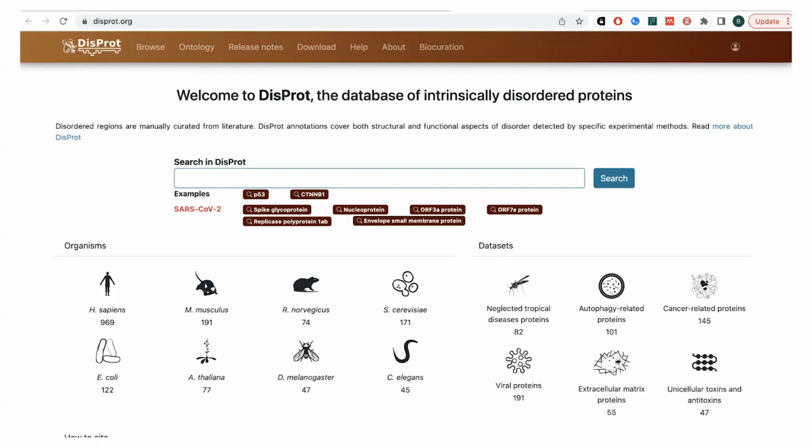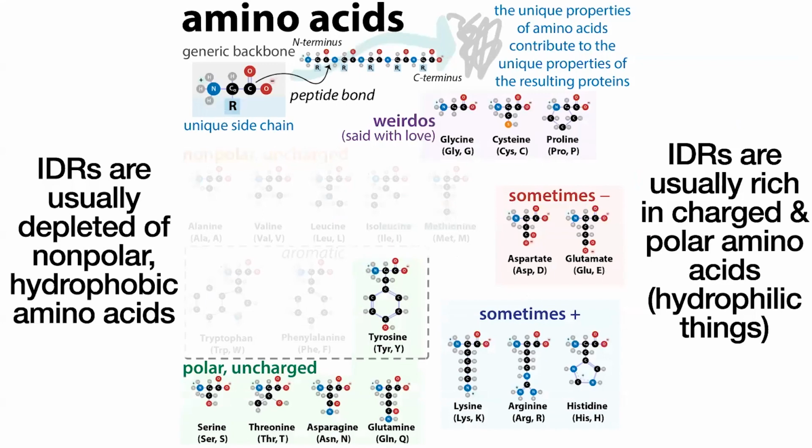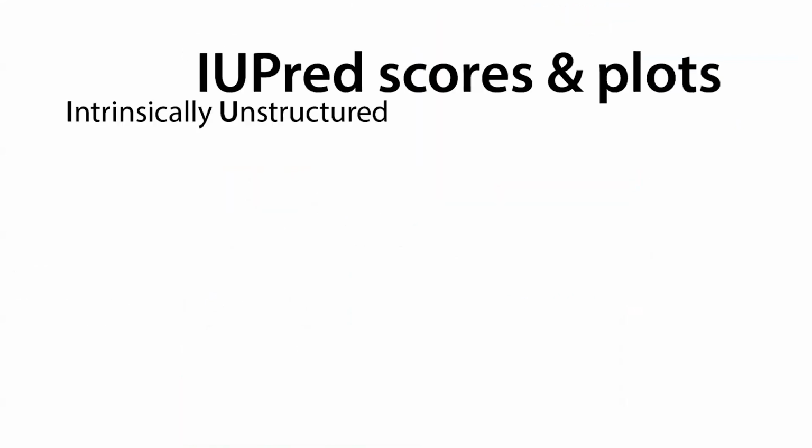And if you go and look into the disordered proteins or the disordered regions of proteins from the experimental data, you'll notice some things. One of the things that people noticed early on is that they tend to be depleted of nonpolar and hydrophobic amino acids and rich in charged and polar amino acids, so hydrophilic things. But this isn't nearly enough information. Instead, we need more information. And so there's this software called IUPred, which stands for intrinsically unstructured scores prediction. And what it does,